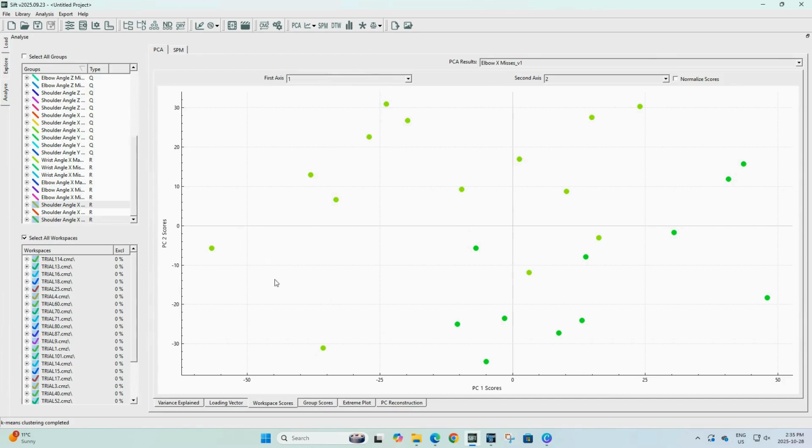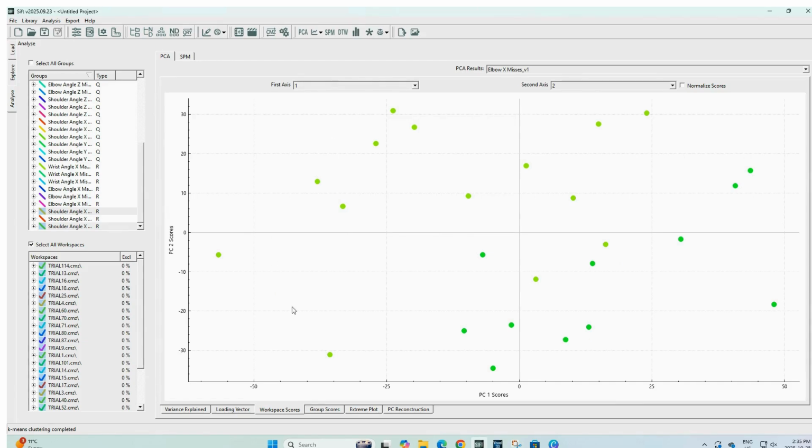Take some time here to review the clusters that were created and see if you can identify a clear trend across the clusters. For this one, we see a clear trend of one cluster being on the bottom right and the other cluster being more up and to the left, although there is some overlap between. Clusters that are more clearly defined generally mean more definitive differences between the groups.